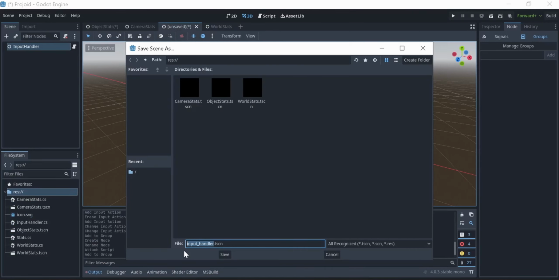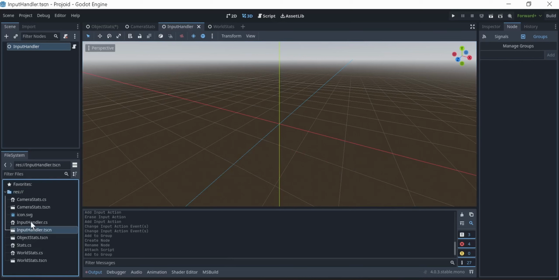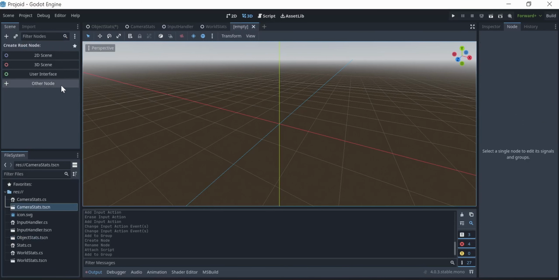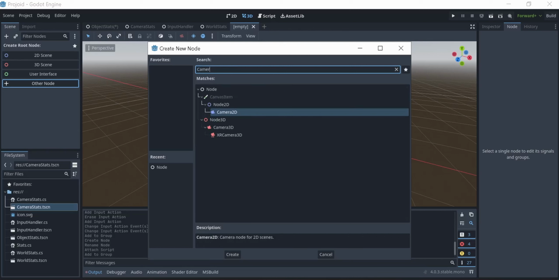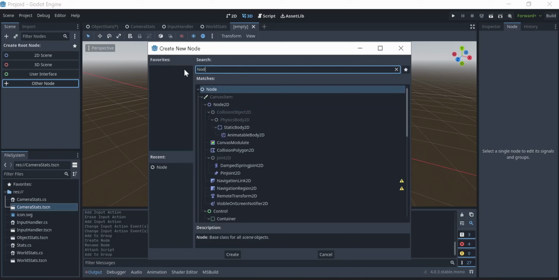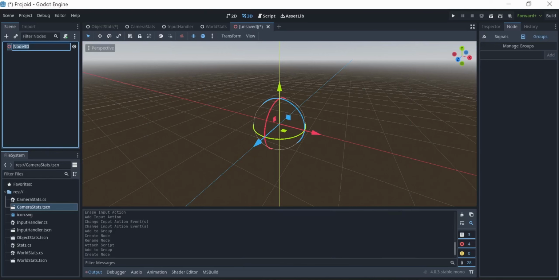So now we have these things made modularly so that we can put them under different things and we don't have to write code for them again. And now let's try making a camera scene. Now we need a Camera3D to make a camera scene, don't we? And we also need something for the camera to go around. So it's going to be a Node3D. It's going to be a pivot around which it can rotate. And now under the pivot, we're going to add a Camera3D. And under the pivot, we're also going to add the,